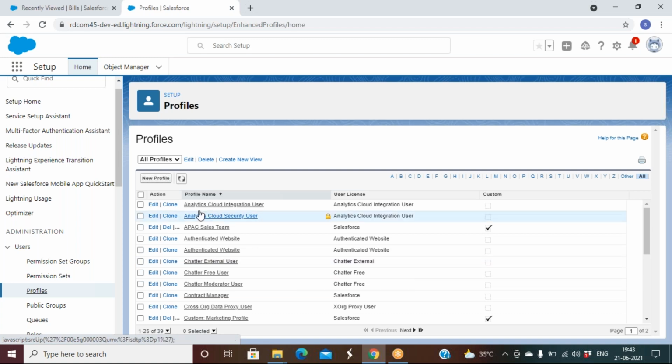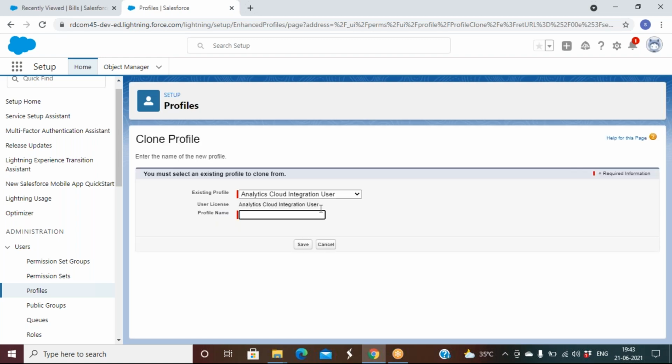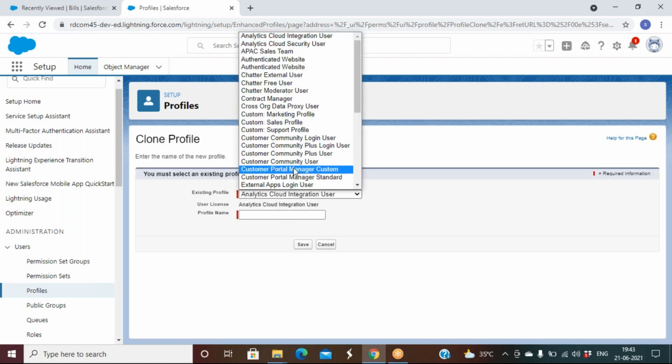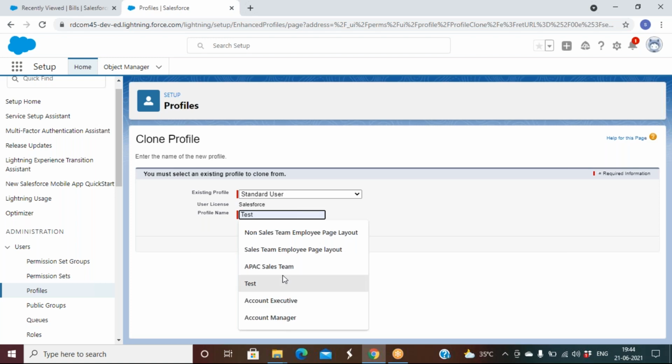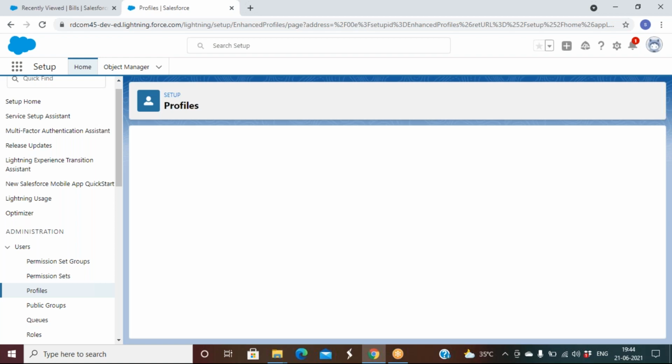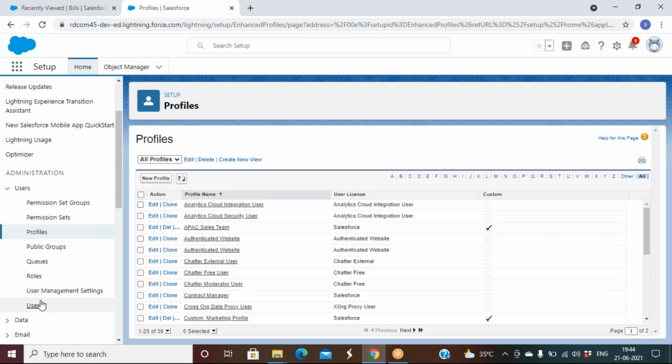While creating a profile, the system was asking us to clone an existing profile. So we selected an existing profile which has a license type called Salesforce. Then we gave the name Apex Sales Team and saved. Once we created the profile, we went to the users and assigned our user, Alexa.